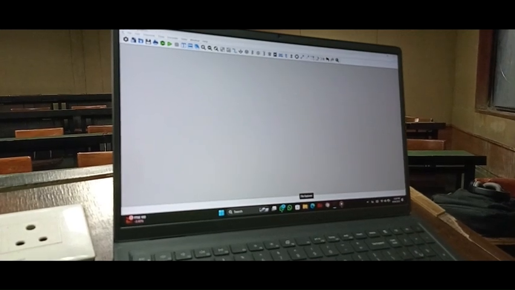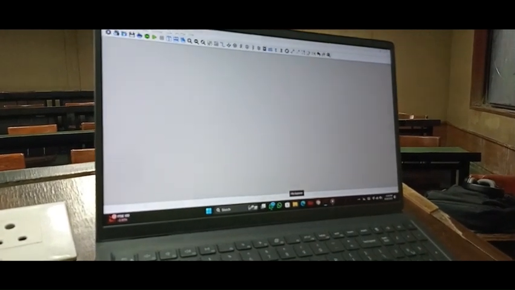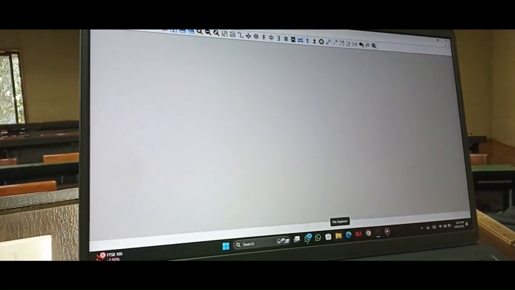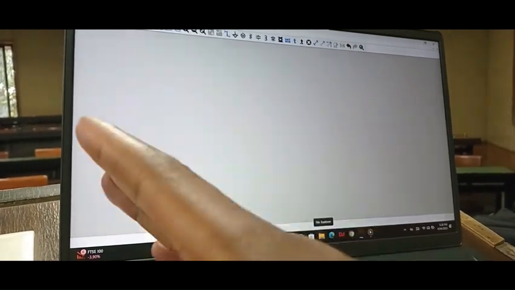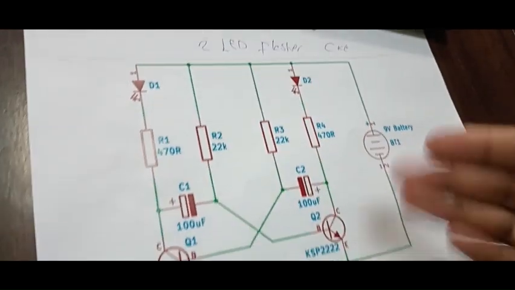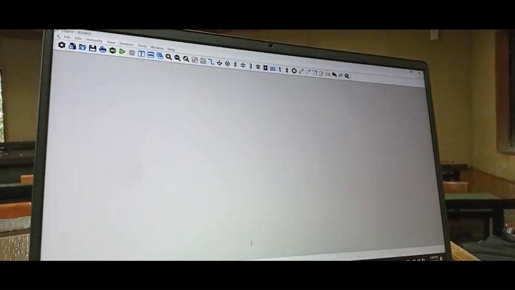Welcome to our simulation. This video is based on the simulation of the 2 LED flasher circuit. So I'll start aligning my components from the left to the right. From left to right, I'll start with my first diode,